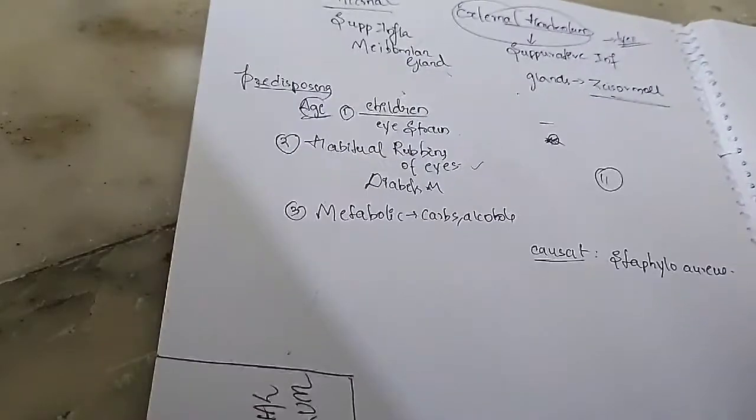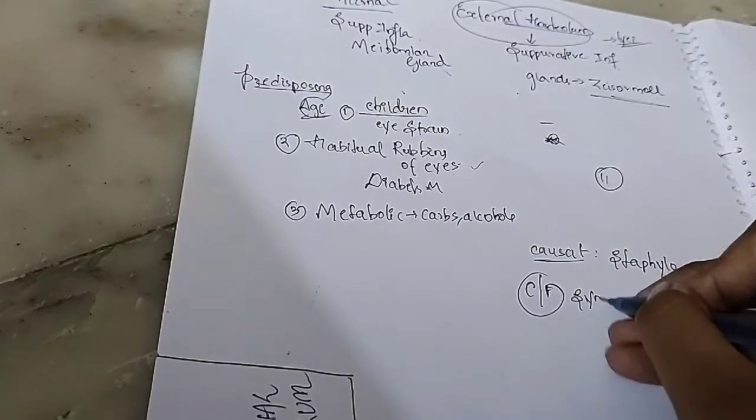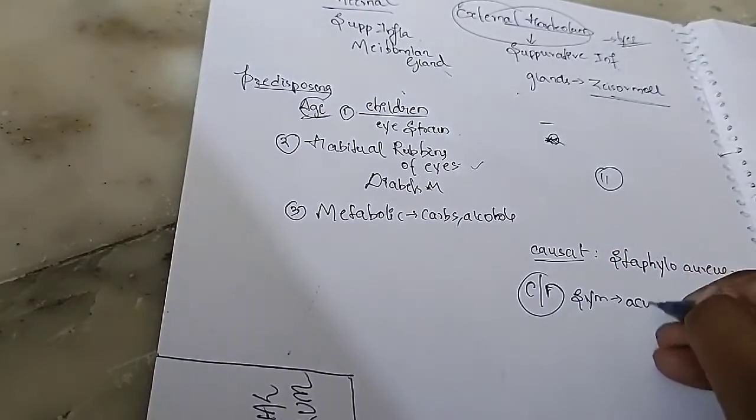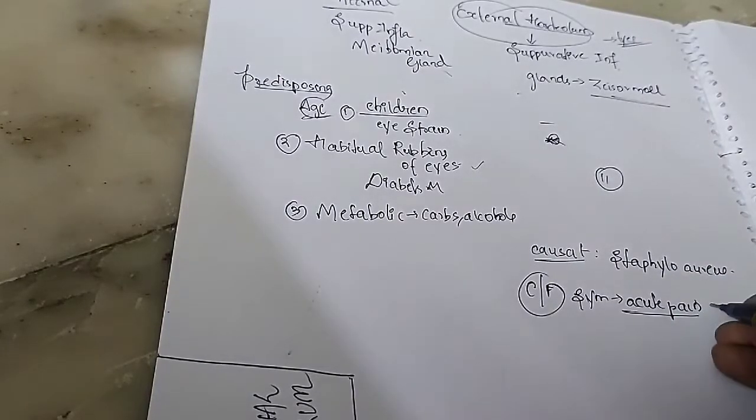And talking about clinical features, first, symptoms are acute pain. This is acute pain, not chronic pain, you have to remember that. Acute pain associated with swelling. So the patient comes with acute pain associated with swelling of the lid, and obviously in most lid conditions you see watering and photophobia, so no need to mention it specifically here. But the main part is acute pain with swelling.